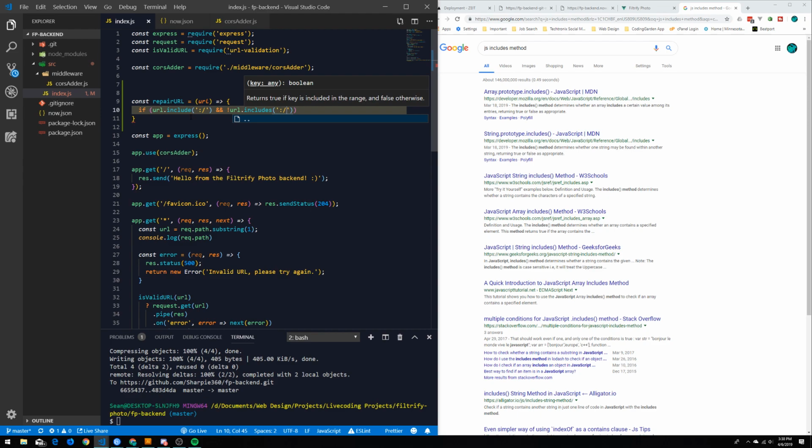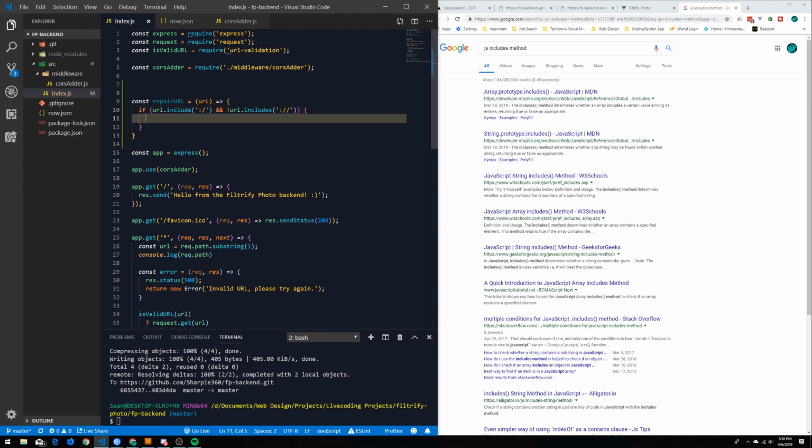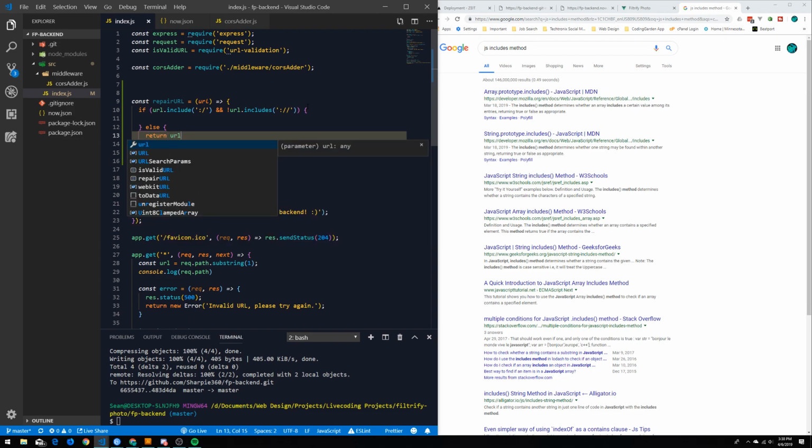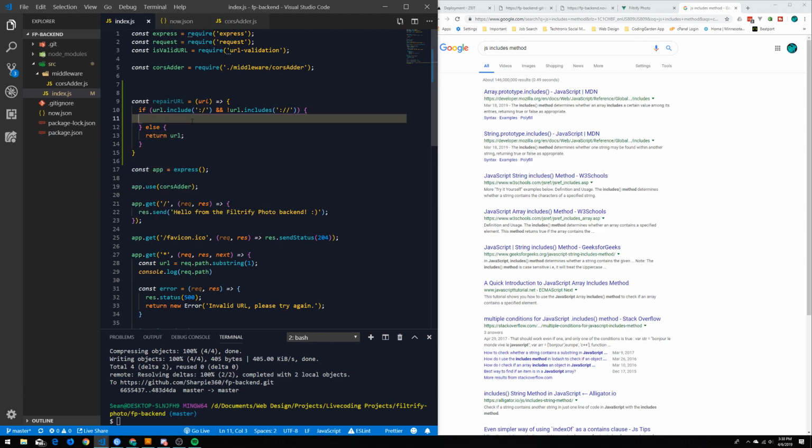So if it doesn't have that, then we will repair it. Else, since it doesn't need to be repaired, we will just return the URL, just like that. Alright, so inside of this if statement, if it returns true,